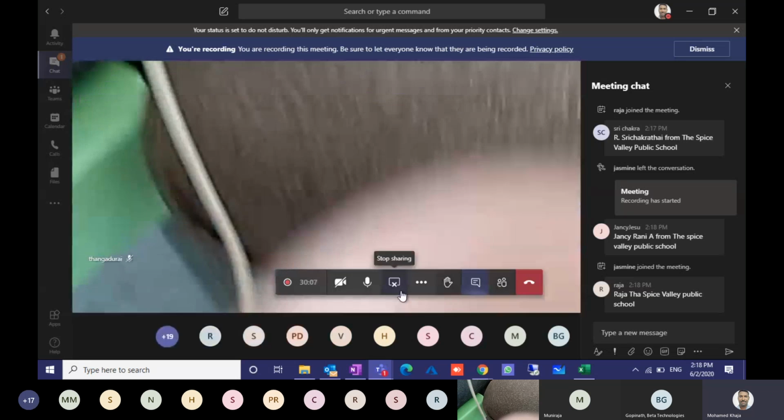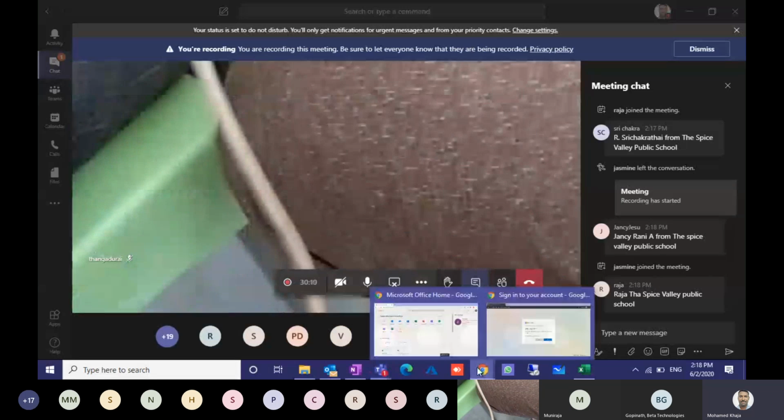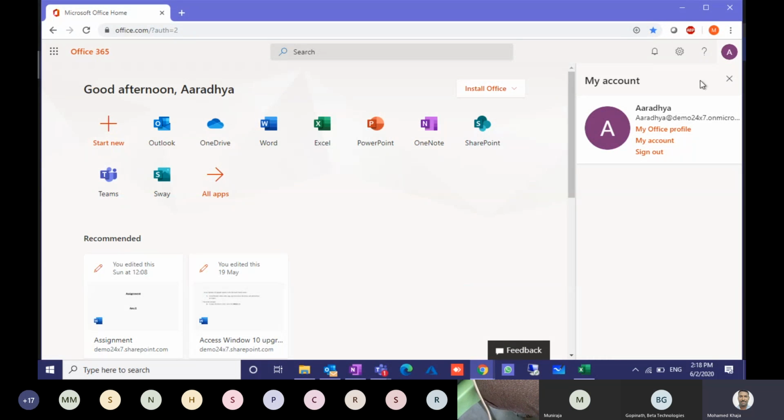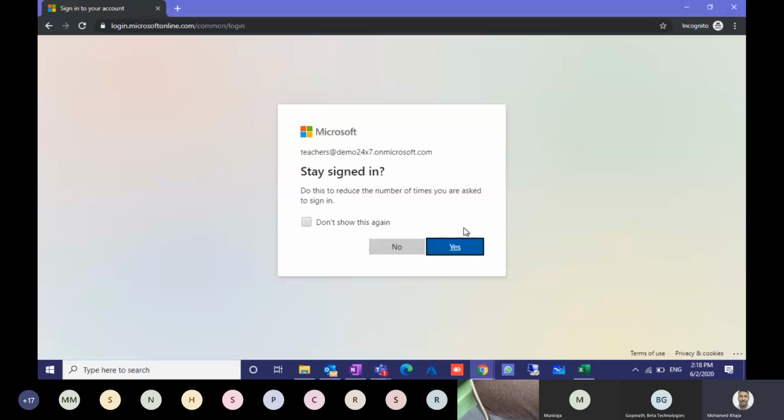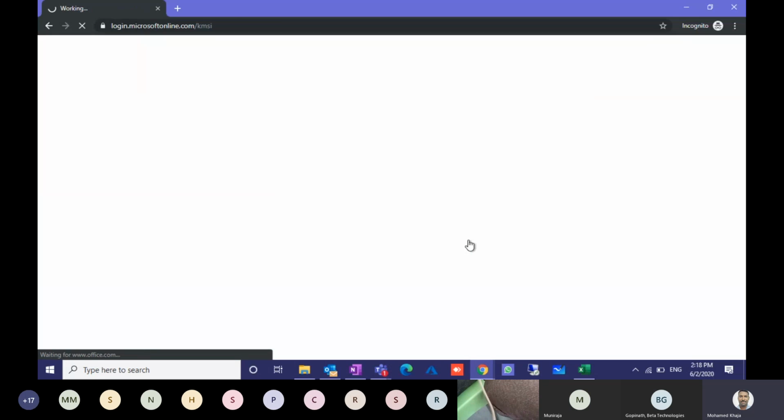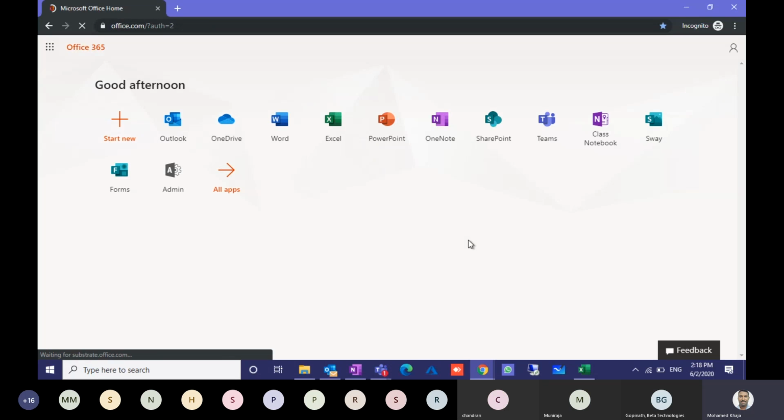And I will just jump into the demo session. I have two logins here. One is the student login, and another one is the teacher login. I will log in to both so that I can show you how the login will work for both student and teacher. Our main focus here today is on Teams.